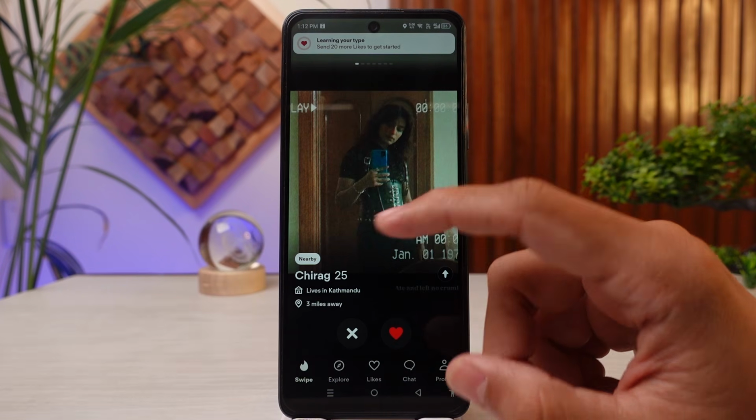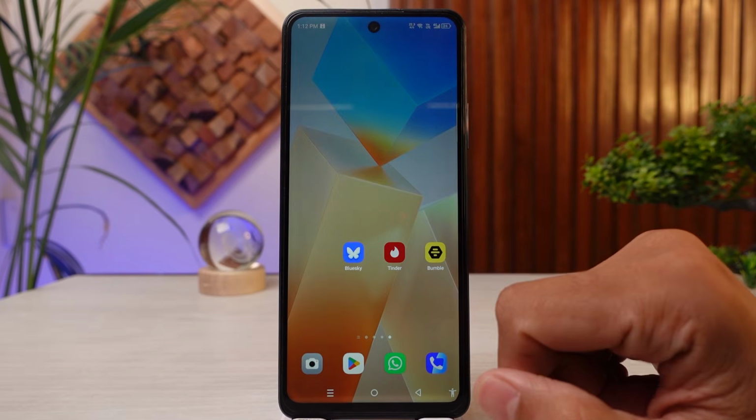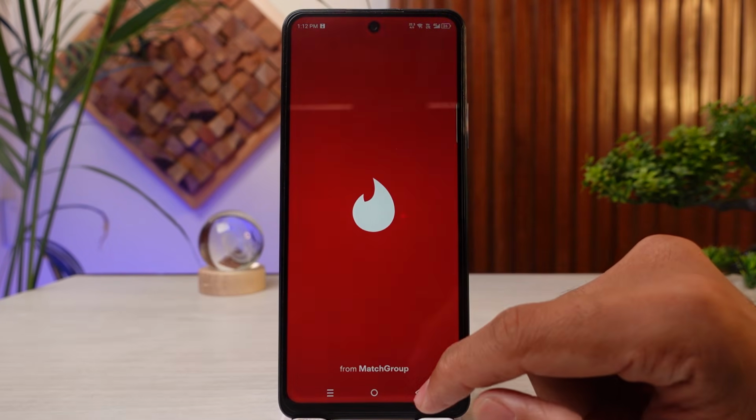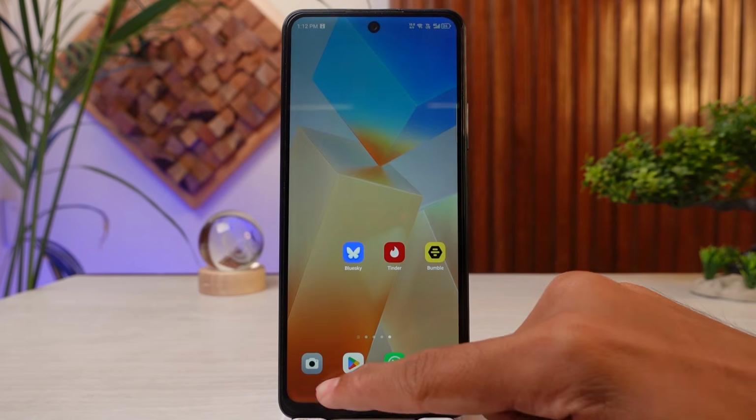After that, you want to simply restart your Tinder application. Close the application completely from your recently opened section as well and open the application again. After that, you should check your matches again, and if you still do not have any matches, what